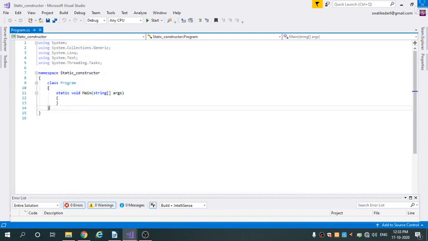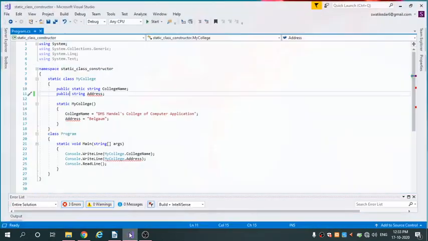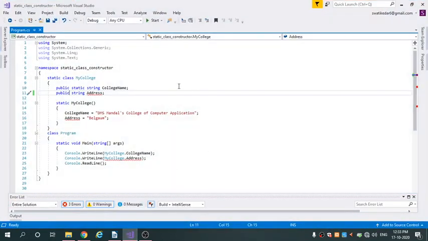I have already created one file for this static constructor and class. You see the first 4 lines, these are the namespaces. I have already told you in previous sessions. After that we have created the namespace, static class constructor. Inside the namespace we have to create the class and methods. We have created a static class MyCollege.